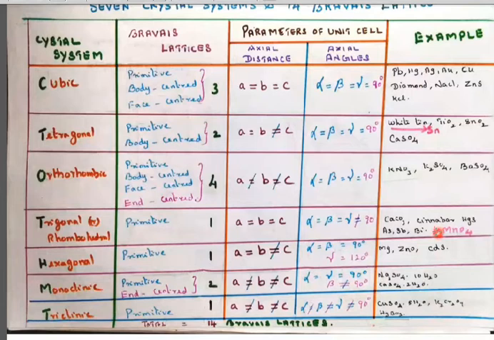In the question, if they have given a trigonal, or it may be rhombohedral. In the question, they have not given trigonal, they said only rhombohedral. So totally the primitives you see are 1, 1, 1, 1, 1, 1, 1: 3, 2, 5, and here 5, 10, and here 14. So there are 14 Bravais lattices. Bravais is nothing but the number of primitive and non-primitive. In primitive cubic, the atoms are present only at the corners. Non-primitive is any places along with the corners, so that is called body-centered, face-centered.